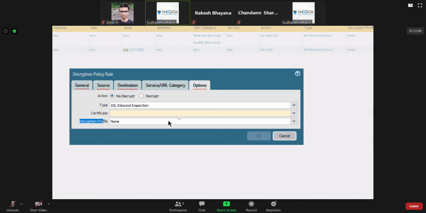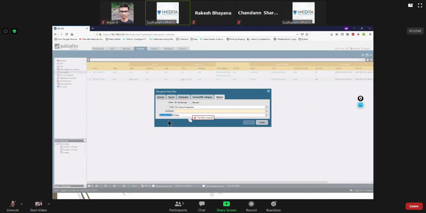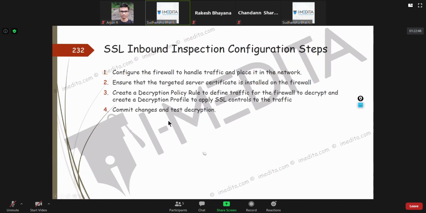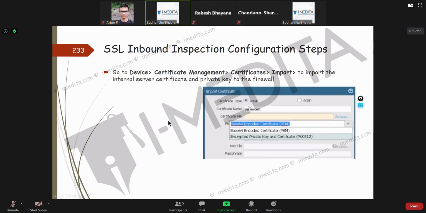Optionally, you could add a decryption profile. There are some settings related to the decryption profile for inbound inspection. Clear? So you create a decryption policy and apply SSL controls.